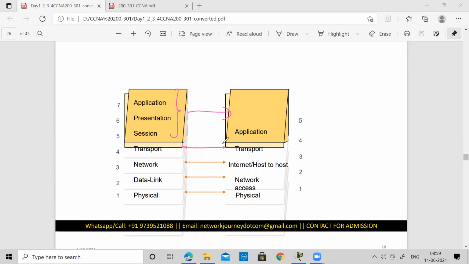The transport remains the transport. The network layer is referred to as the internet layer, or it is also known as the host to host layer. The data link layer is known as the network access layer. And last is your physical layer, which remains physical only in the TCP/IP protocol suite. So this is a protocol suite, and this is the model which is used on the internet.